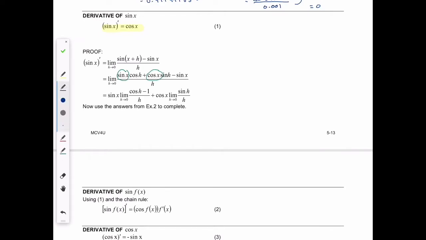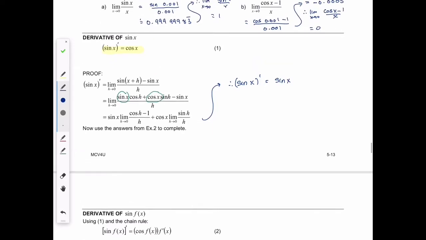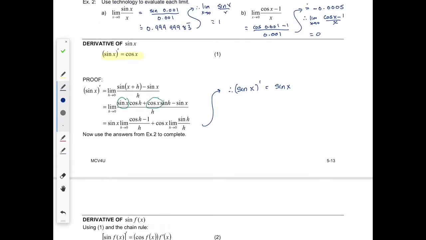So what I have to do now, it says now use the answers from example 2 to complete. So therefore what's going to happen is we're going to say that the sine of x, its derivative, is equal to the sine of x, and then the limit, we can actually see the limit here is part b from above, so it's going to be times 0, plus we're going to have the cos of x, which is our constant, times our value, which we said was going to be 1 from above, part a, and that's going to be